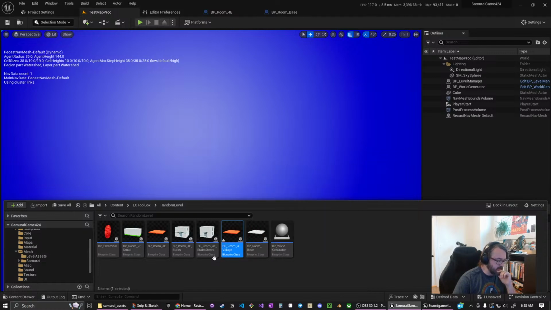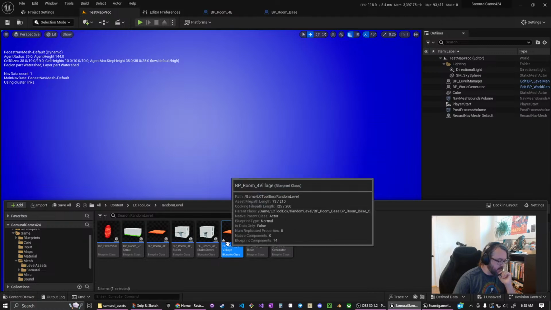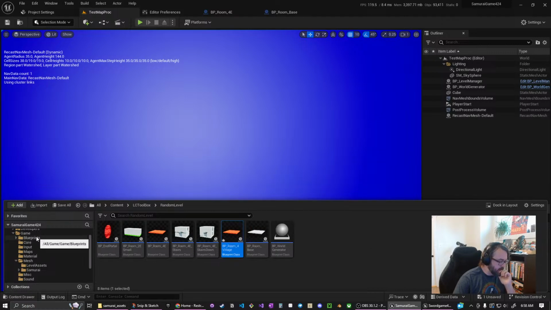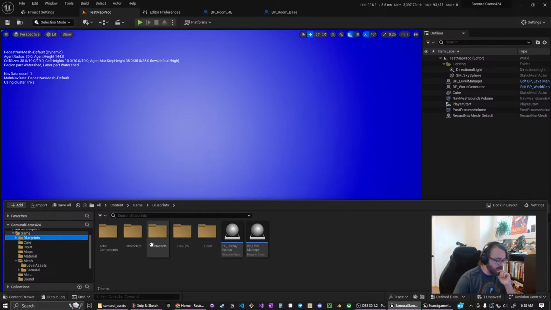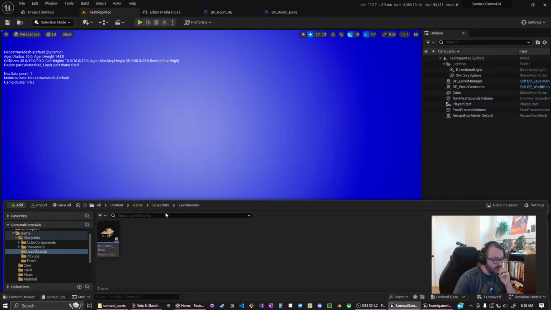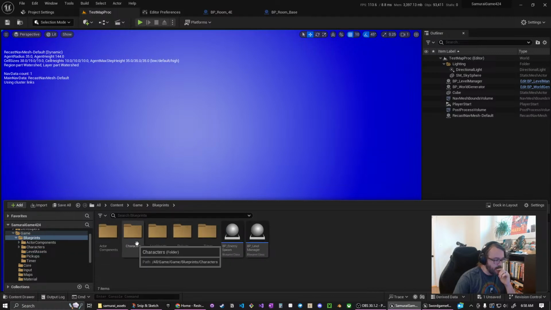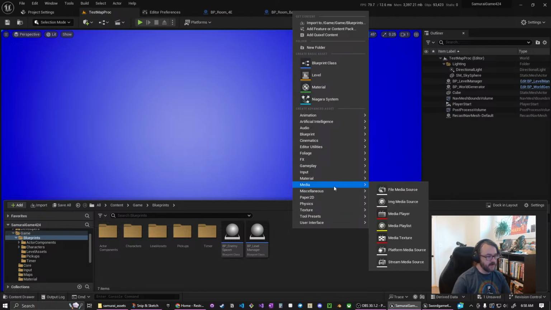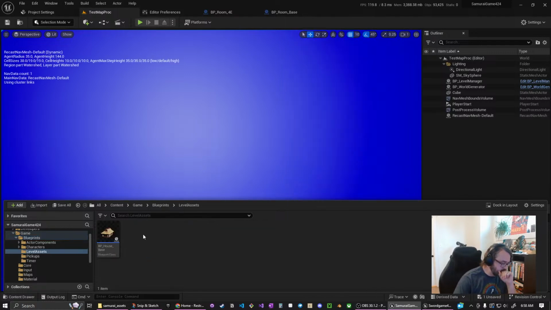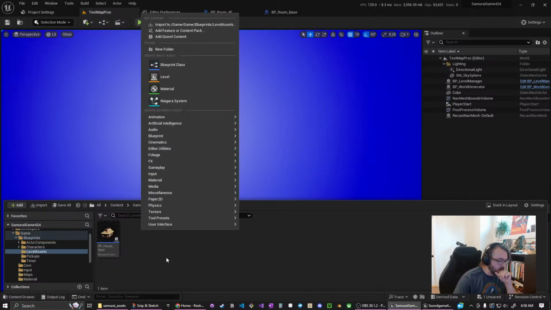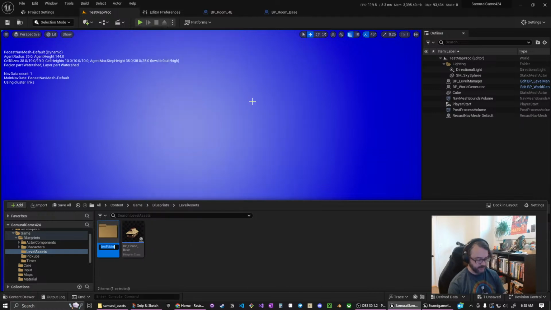And maybe we should make the data external, but I'm going to put our new room in our blueprints. So maybe I'll put it in the level assets. Okay, and then I don't know what our folder should be called, but I might just call it